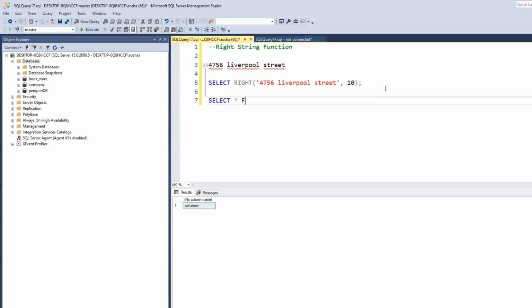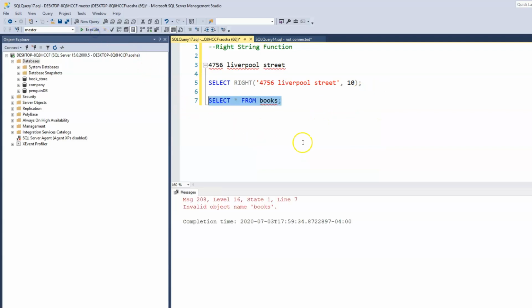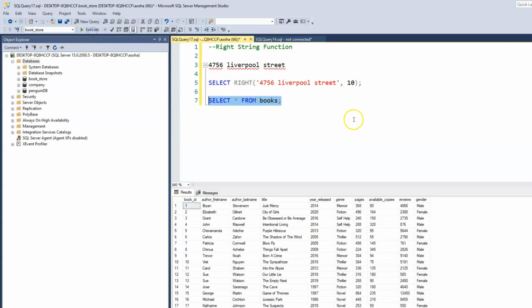Let's first print out our books table. Execute. All right, I have to change. I'm in a different database, so I'm just going to change this to bookstore. And now when I execute, we have our table. So let's say we want to print out the year released column, but instead of having 2014, we just want the last 2 characters. So 14 in this case will be 14, 20, 16, 14, 13. So we could print that out by